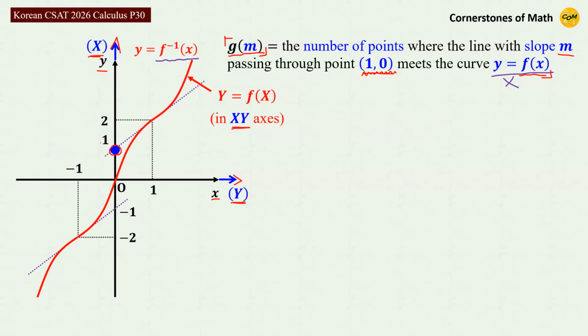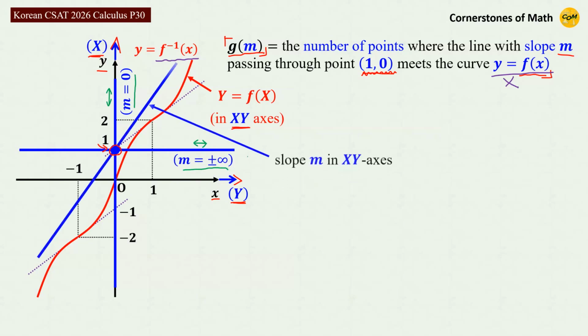So we are going to consider the lines that pass through this point. As for the slope, this is the direction where the slope m is 0 in the new axis, and this is the direction where the slope is infinity. As for the arbitrary slope m in the capital XY axis, we can consider this as slope 1 over m